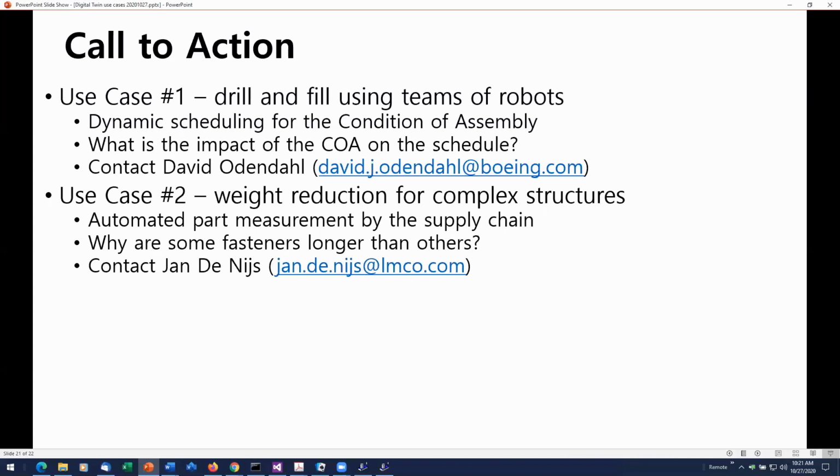Reducing the weight of an airframe is extremely beneficial for the customer, but when you have so many fasteners and so many suppliers producing so many components, you've really got to be able to make all those measurements and keep everything organized together. So in this particular case, we're using our digital twin and our CAD models to model the actual conditions of the measured parts so that we can ensure that everything is working properly and we can minimize that